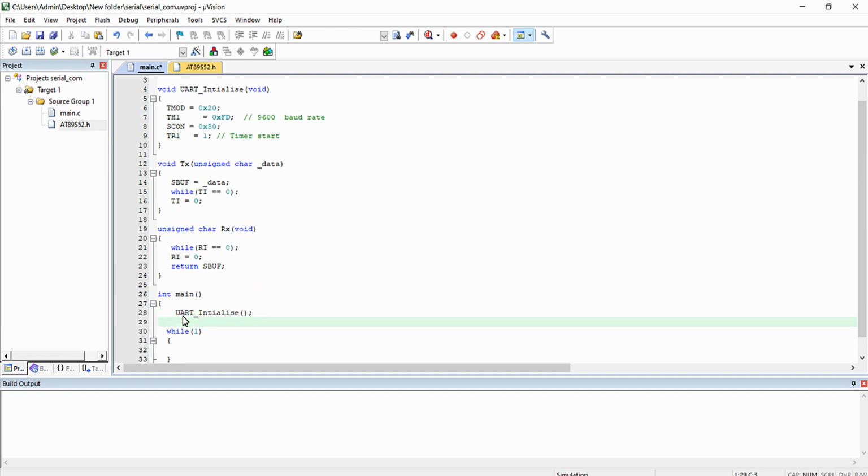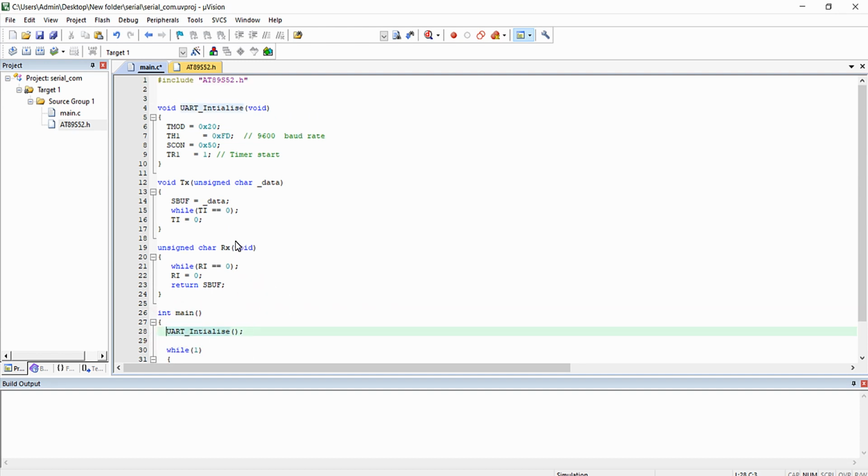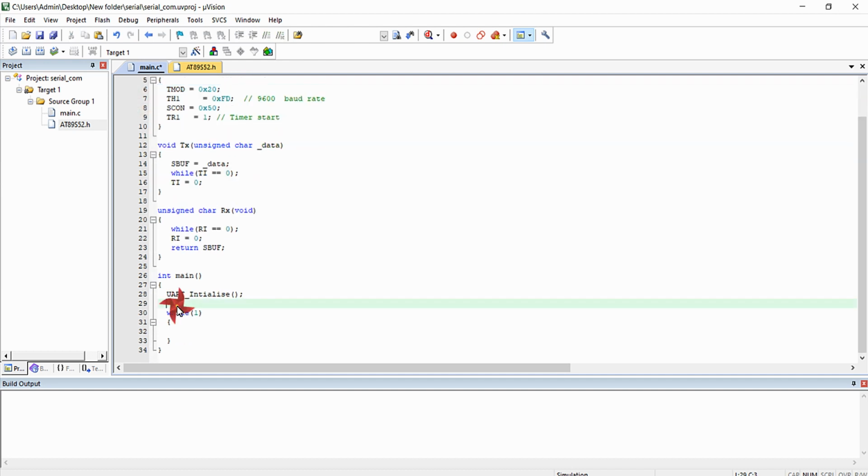So the UART communication will be initialized in mode 1 with the baud rate of 9600, as we configured in the UART configuration lecture. Next, coming inside the while(1), I am just going to transmit a byte of data, that is a character. Let's take it to be small a, and after transmitting I am just going to give a certain delay of